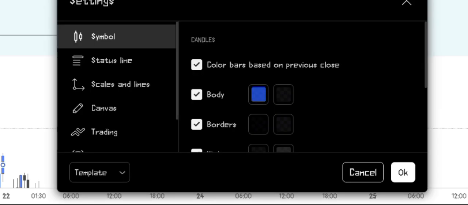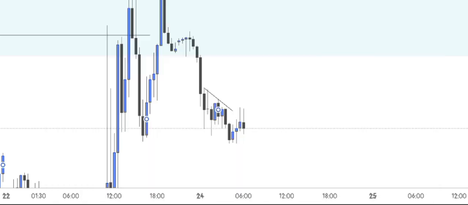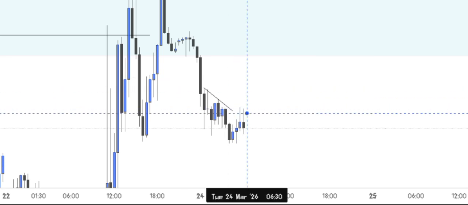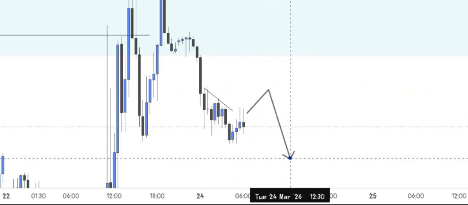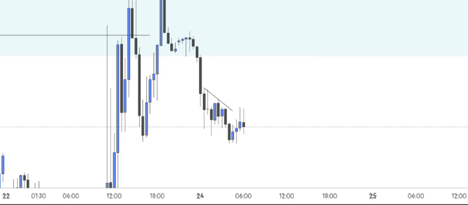Let me explain. If price takes liquidity on the top, just know it's coming down, while if price takes liquidity from the bottom, just know it's going up. So my anticipation is for price to come taking liquidity from all these Asia highs before coming down. So this is my logic.